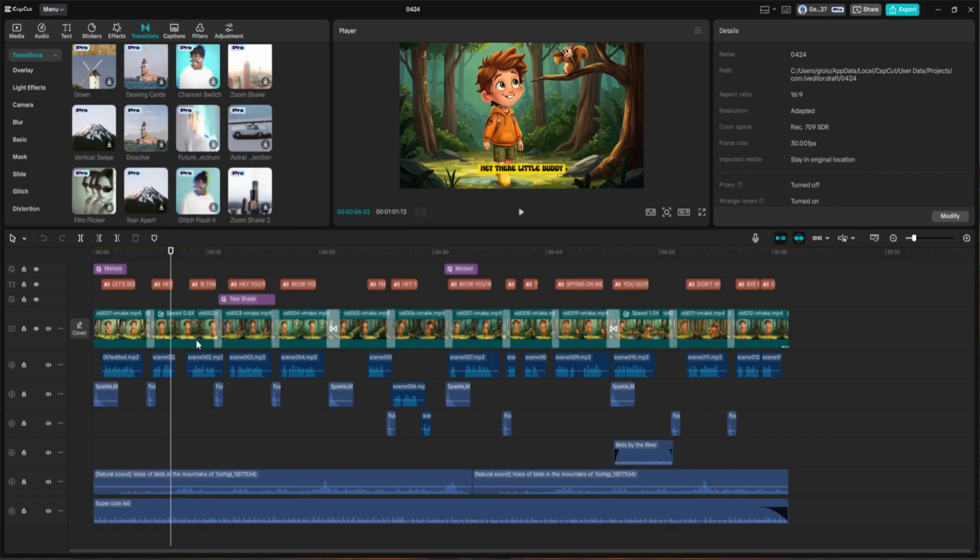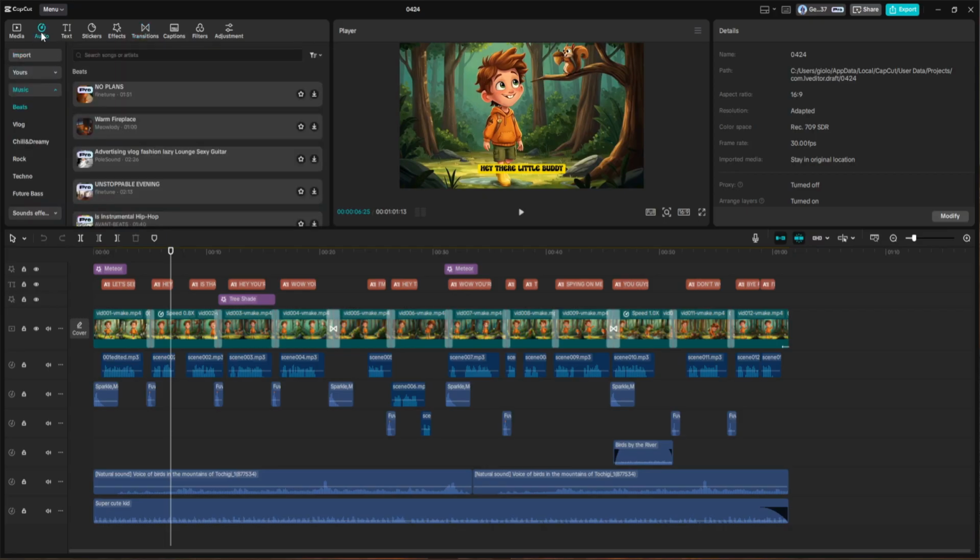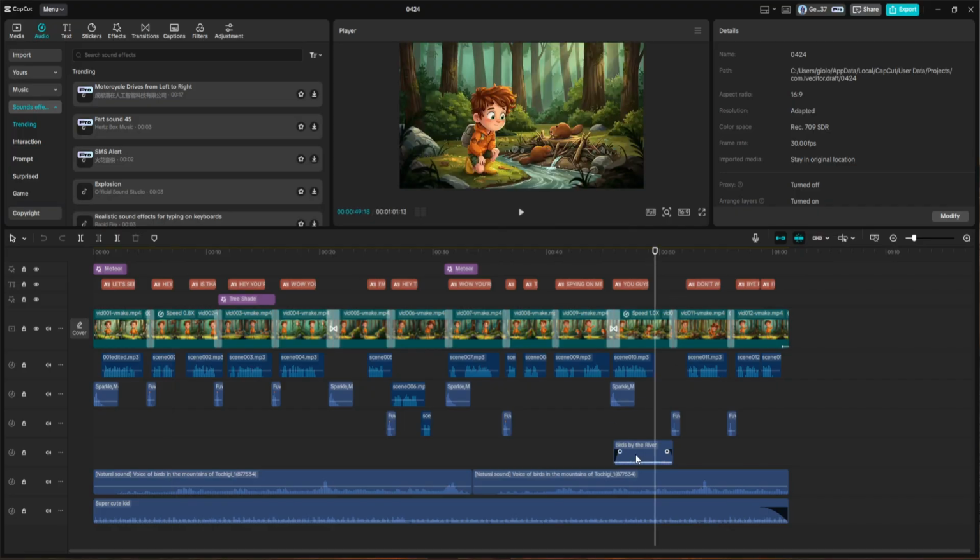To add even more polish, I also included sound effects to enhance those transitions. These little audio touches make a big difference in the overall experience. You can find them by clicking Audio and then Sound Effects in CapCut. From there, I just selected a few that matched the vibe and placed them right under the transitions on the timeline. In Scene 10, where Milo is observing the beavers by the stream, I added a gentle water sound to